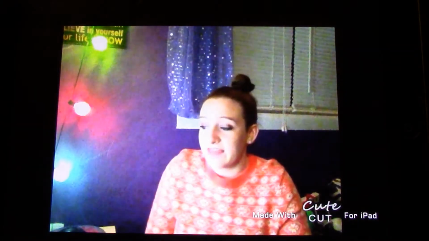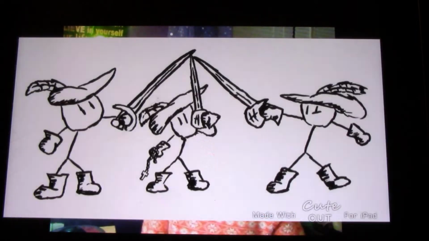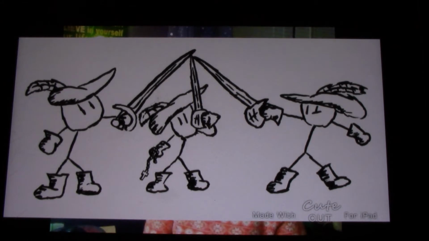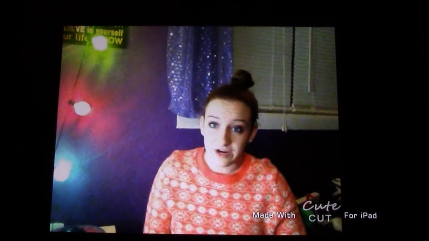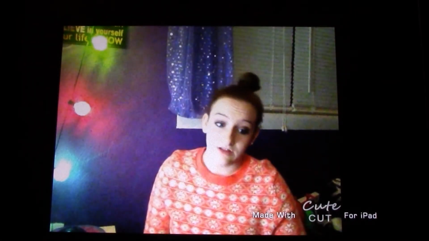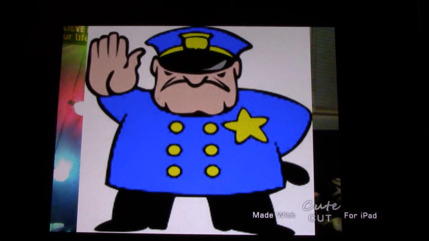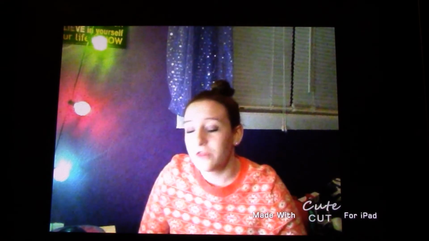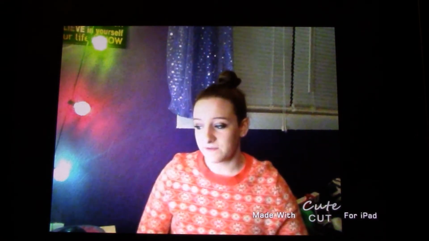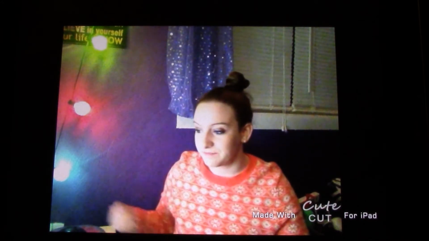Now that we got that crazy man out of our hands, let's talk about the branches of government. Our government is split up into three equally important branches: the judicial branch, the legislative branch, and the executive branch. The judicial branch contains members that decide if our laws are constitutional or not. The legislative branch makes the laws, and the executive branch enforces the laws. As you see here, all three branches have different roles in the government and stop it so not one person holds all of the power in our nation.